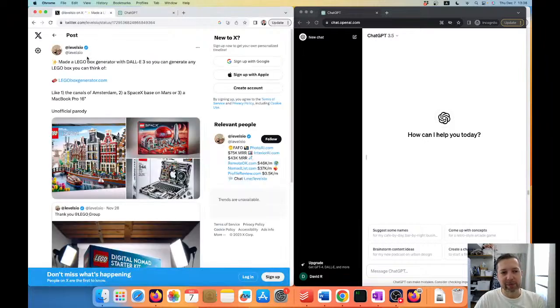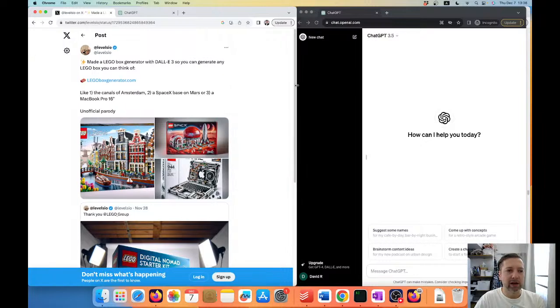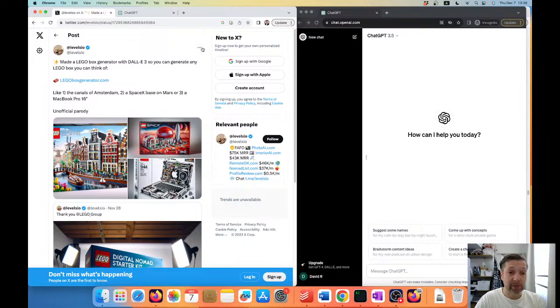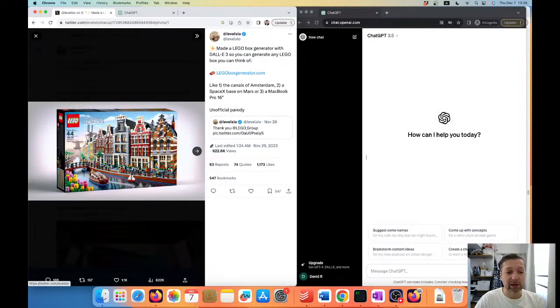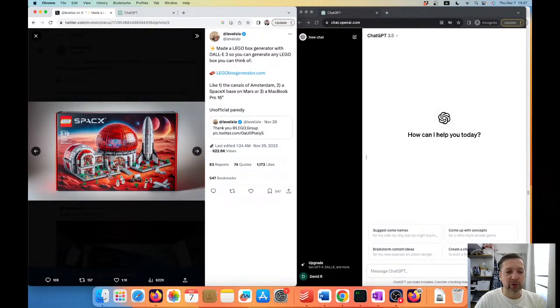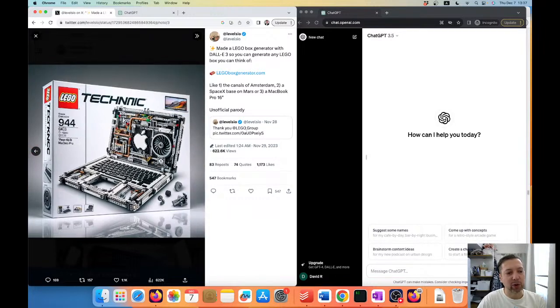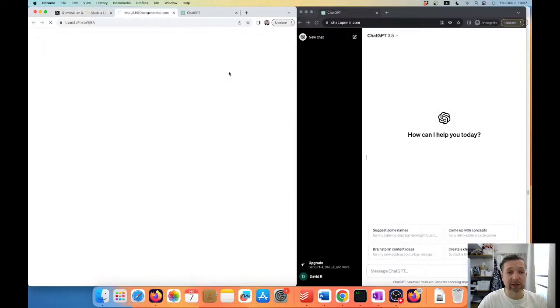And maybe you've already seen this. This is from Peter Levels here on Twitter. This was, I think, maybe a few weeks ago, I'm not sure. So he built this picture generator that creates Lego boxes based on an instruction. So right here you can see the canals of Amsterdam. Here's a Lego box for the SpaceX base on Mars. And here's a MacBook Pro built in Lego with the Lego box. And this is all done in